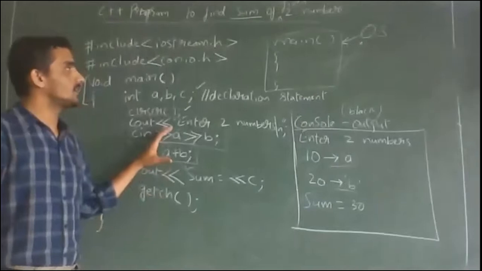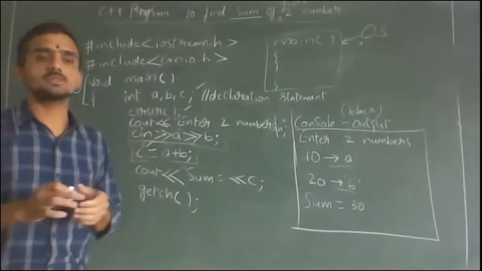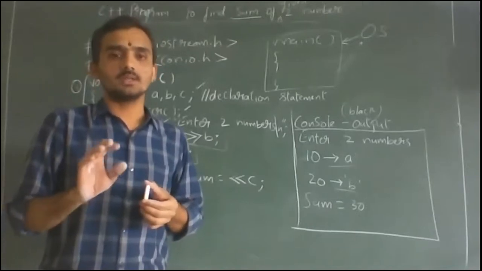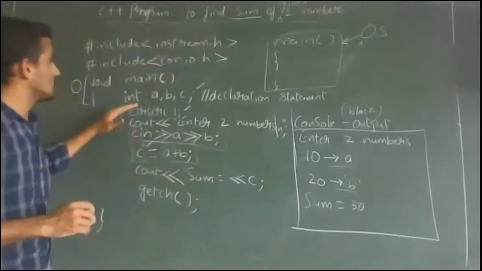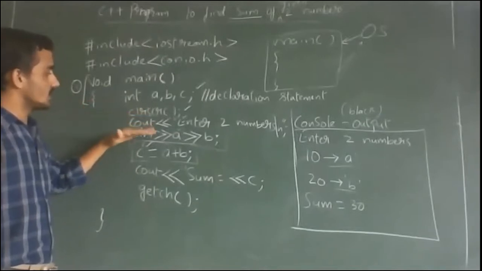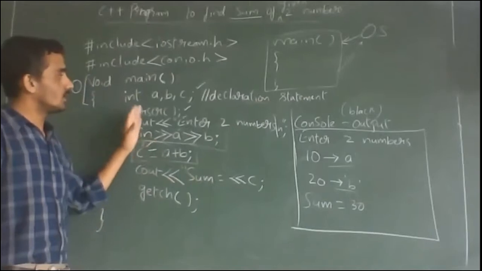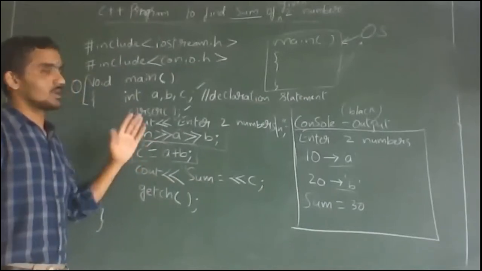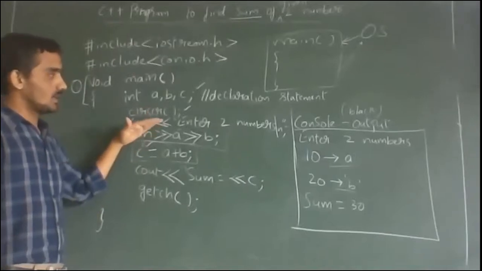So why did I write this program and explain this? When we go to the control statements chapter, program control is not only there at that point. Program control is there even for a small program. Here also, line after line, statement after statement is executed: cout, cin, C equal to A plus B, sum is equal to C, get. So in this also, program control is there. Now we will execute this program. I will share the screen. We will see how program control flows from one line to another line.